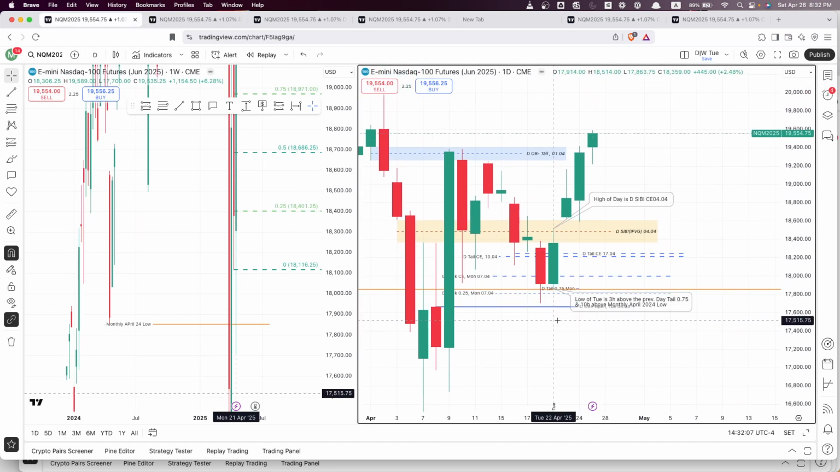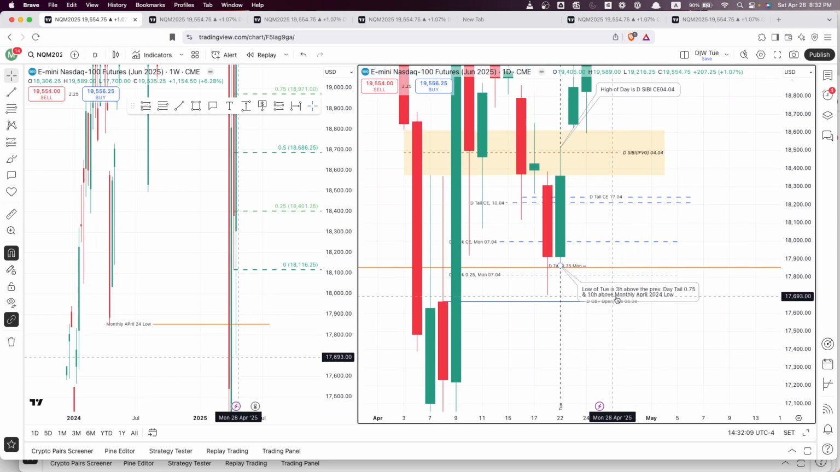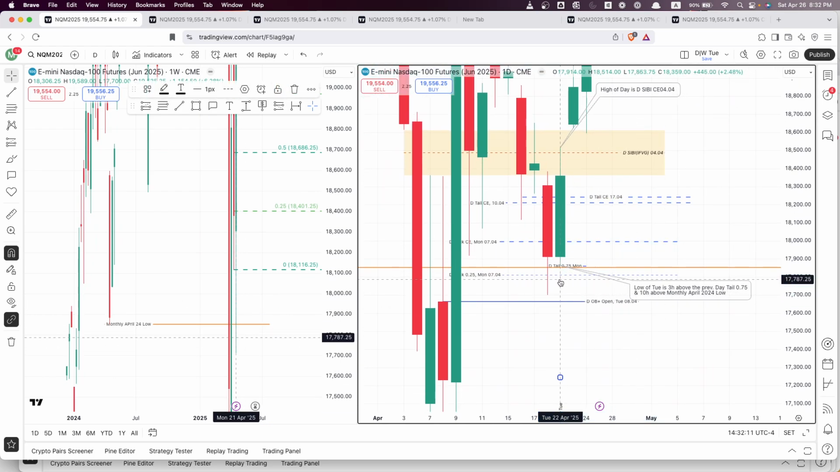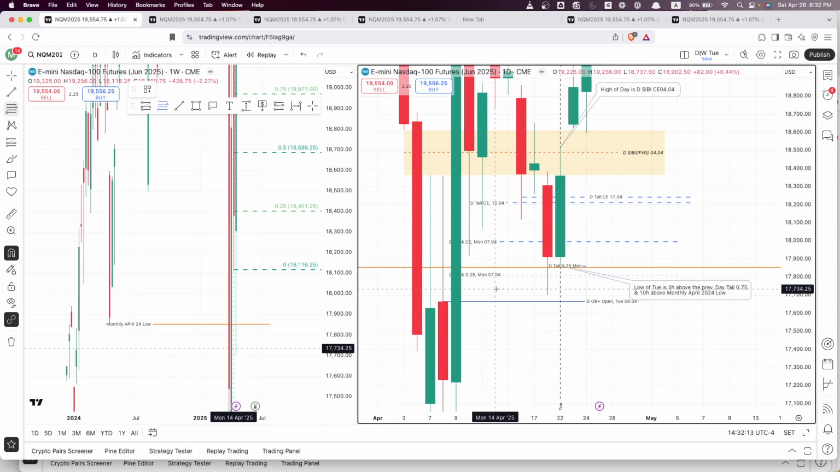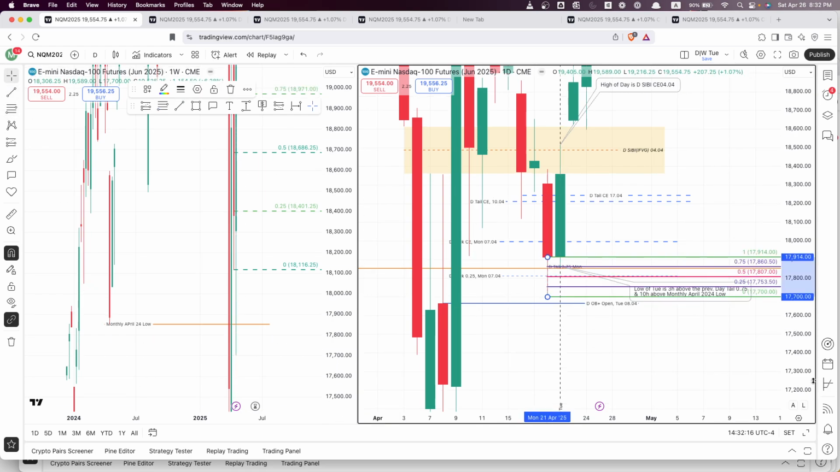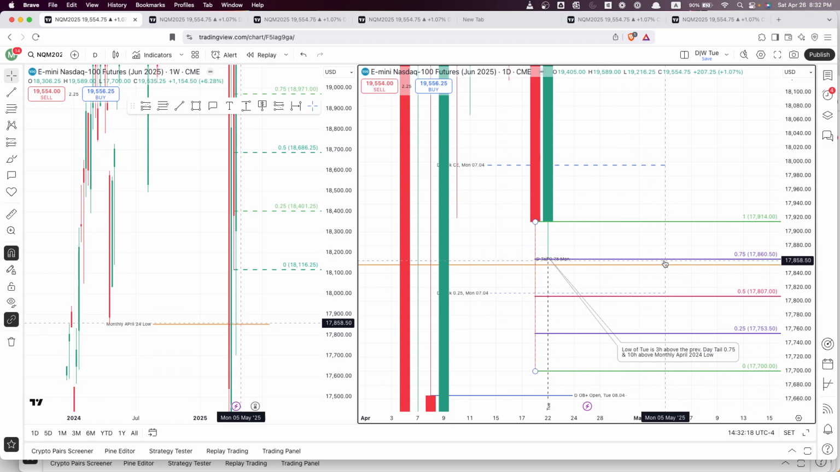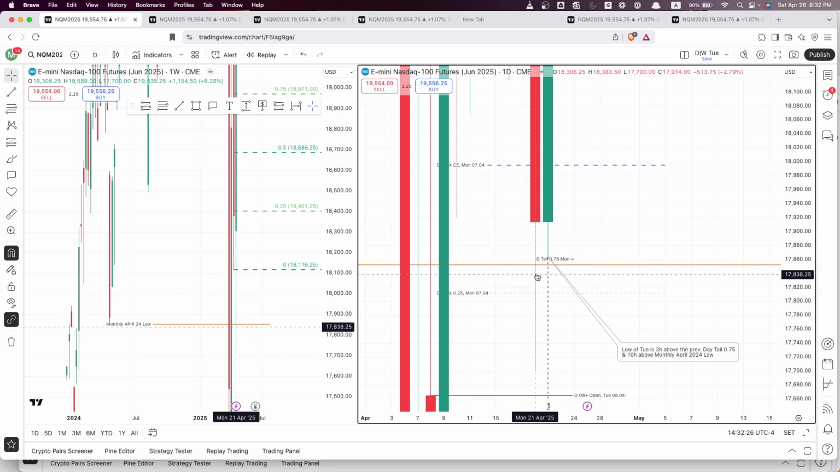So this was Tuesday. The low of the day is happening during London, and it's at the 0.75 tail. So notice 860.25. So here is like 863.75. So it's in that area. Find support here. Monday it already took the monthly April low,